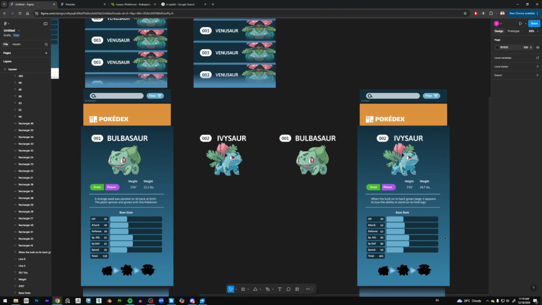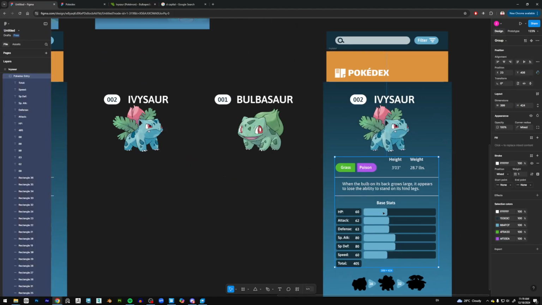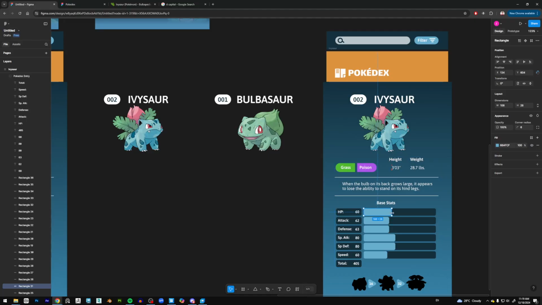Okay, so let us bump these values up. Alright, so this one 60, 62, slightly longer, roughly can be the same. This one longer, this one the same, and